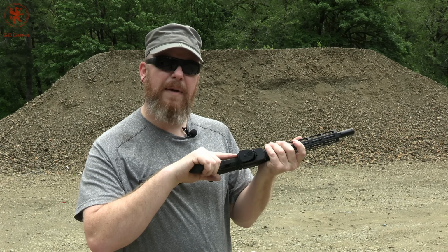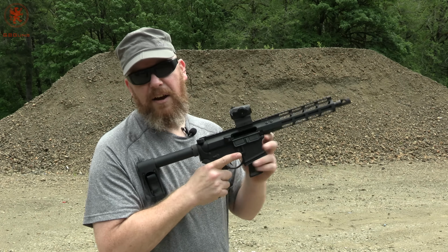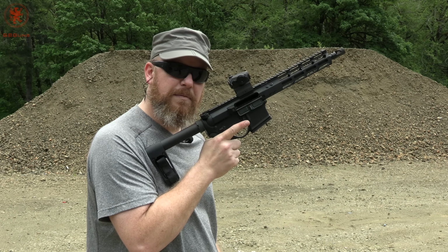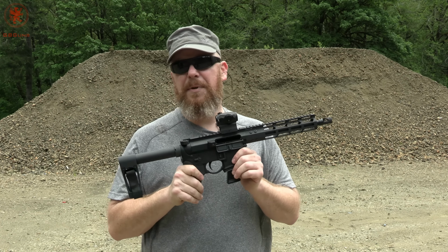There's plenty of flare on the mag well there to guide it in for training purposes. Some people complained about, oh, well, what about getting it out and all that? Well, I found reaching up and grabbing like this, my middle finger hits the switch and it just comes right out without having to worry about anything. Not locking open after last round,